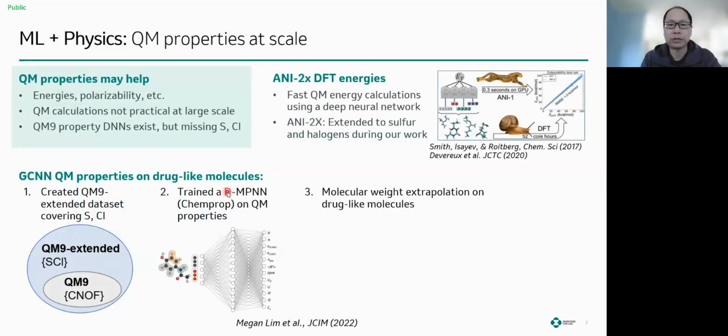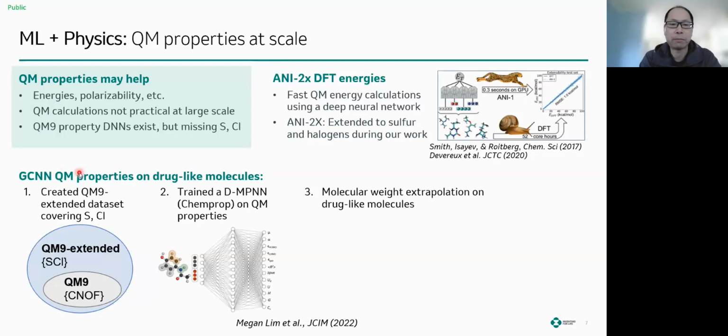And so what we set out to do is further improve our models. We looked at QM, quantum chemistry properties, things like energies, polarizability, et cetera. The difficult thing is that these QM calculations are not practical at scale because they take hours per compound. And so what we did is we leveraged both this ANI learned QM potential, as well as our in-house GCNNs